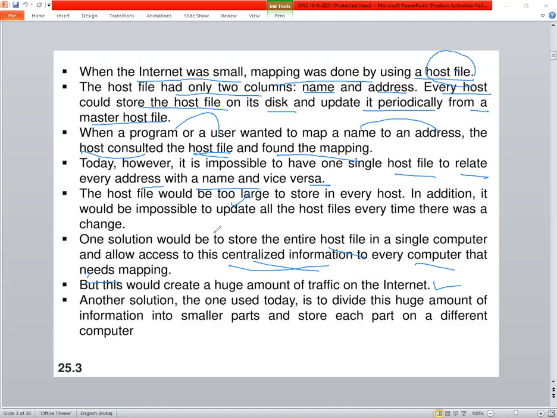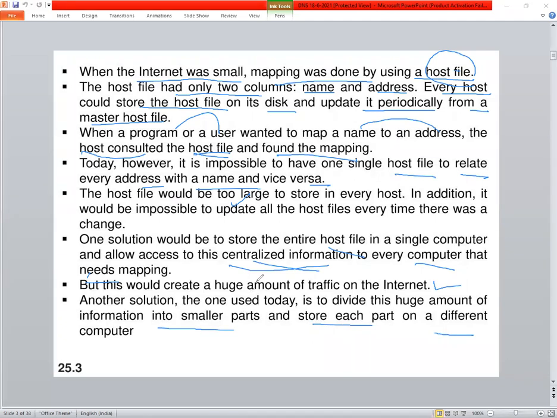So if you maintain the host file in a particular PC, which is centrally maintained, another solution is to divide the huge amount of information into smaller parts and store each part on different computers.